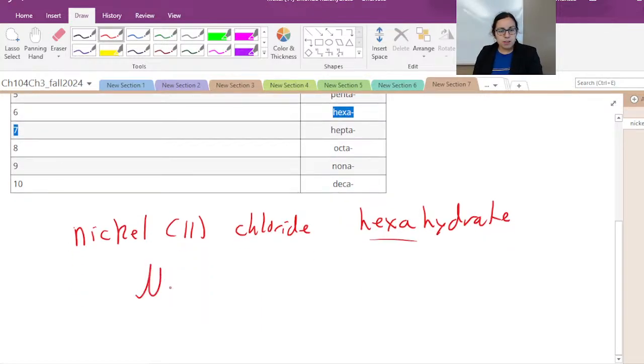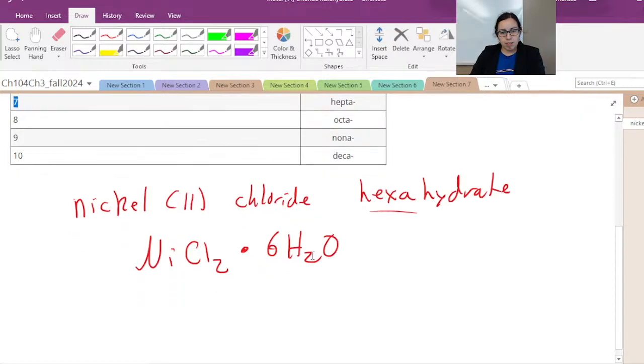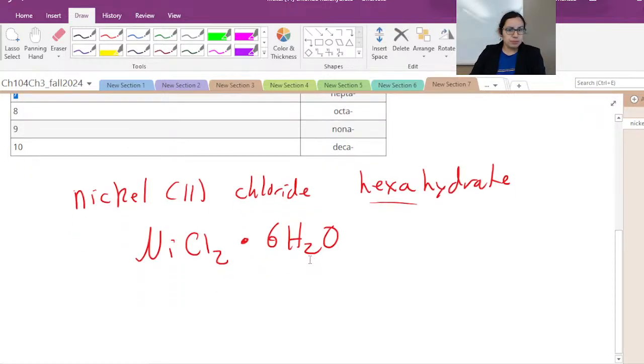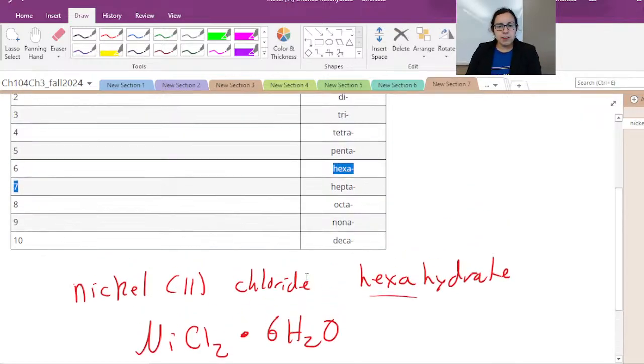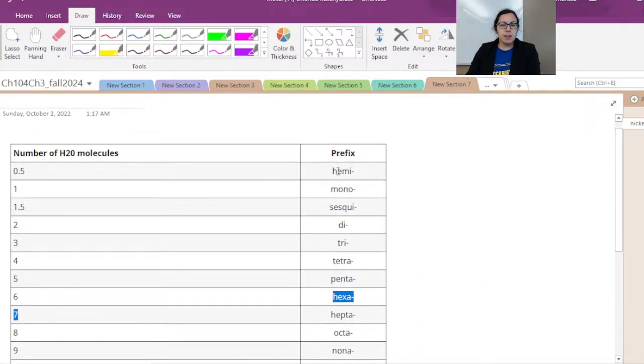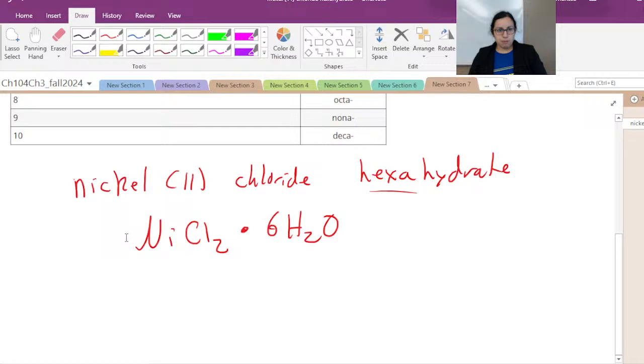And then we can translate that back to our chemical formula, and then we just use a little dot here to mean that it's complexed to 6 water molecules. So this is the same thing. And then we have this hemi. So hemi is when we have half an equivalence. And so that would be,